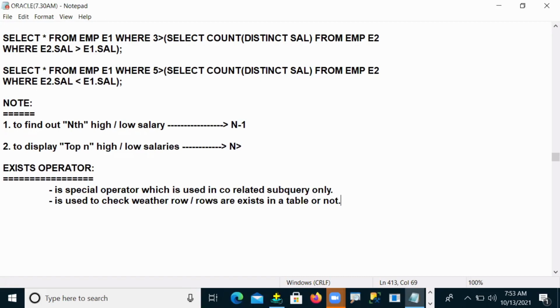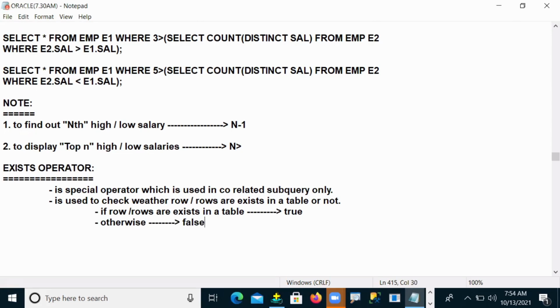If the row or rows exist in the table, then it returns true. Otherwise, it returns false.